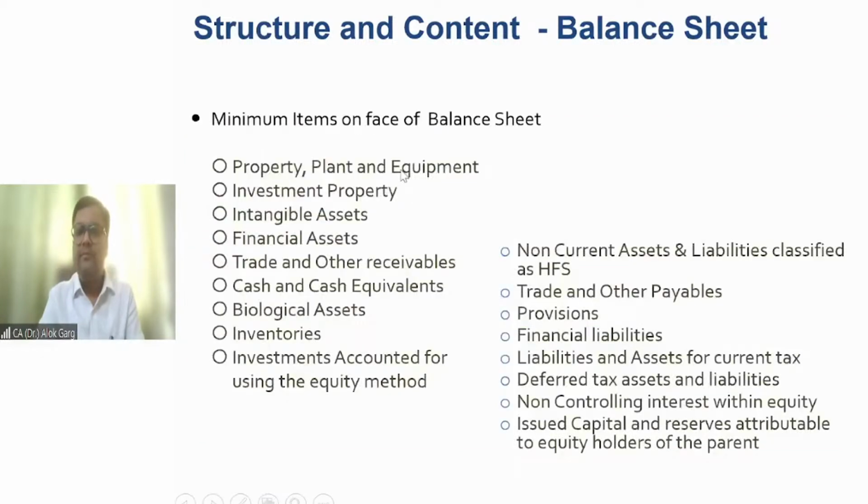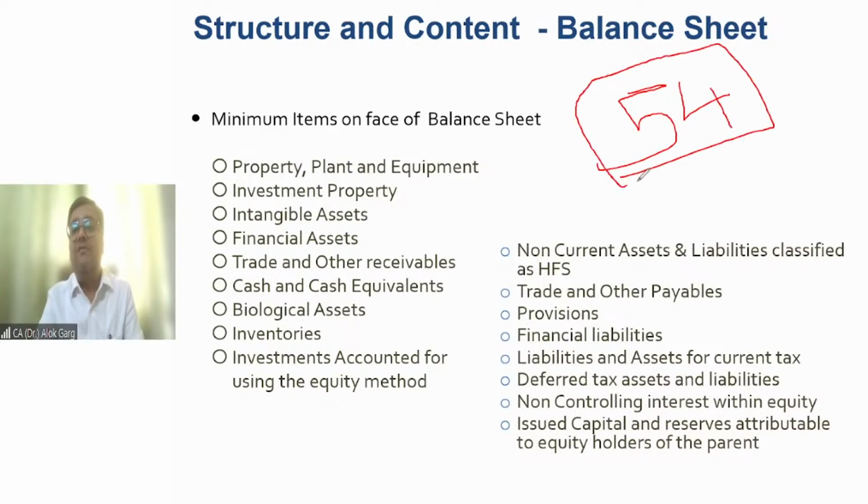Paragraph 54 of Ind AS 1 talks about the minimum line items on the face of the balance sheet. Ind AS 1 does not give you a tabular format, but it says that whenever you are preparing your balance sheet, it shall contain, not should contain, it shall contain minimum